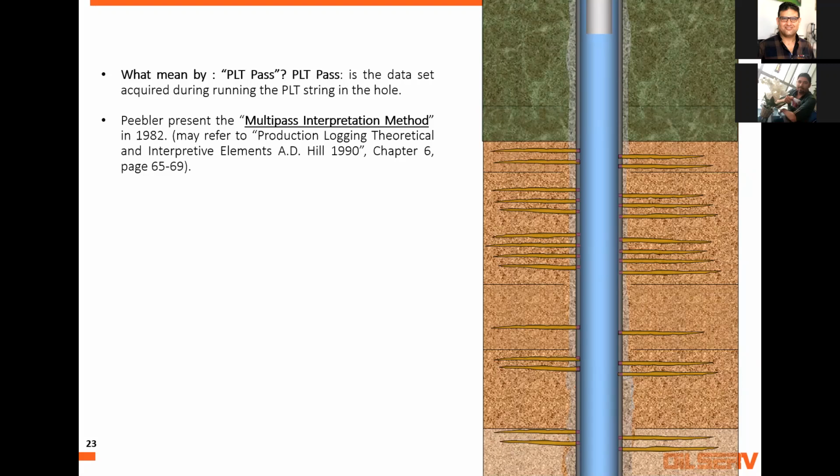Why don't we make one pass, or two passes? They said, oh, it's the market standard, we need to make multipass. Actually, it is not a market standard. It is a method created by Schlumberger in 1982. Maybe somebody will come and change this method, nobody knows. One of the references I really like, which is available everywhere, is Dr. Hill, 1980, chapter 6. He gives an extensive explanation of the theoretical basis of this method.